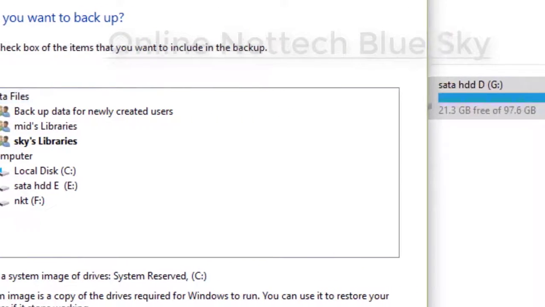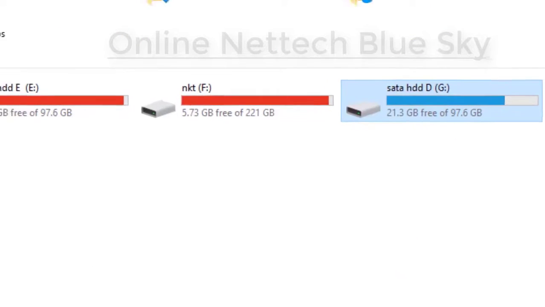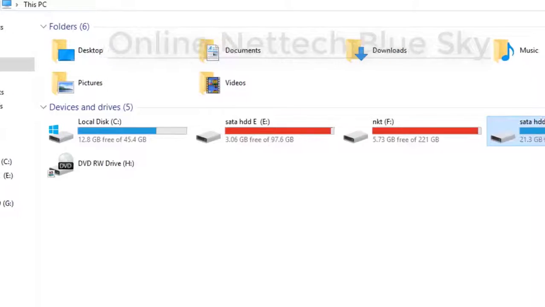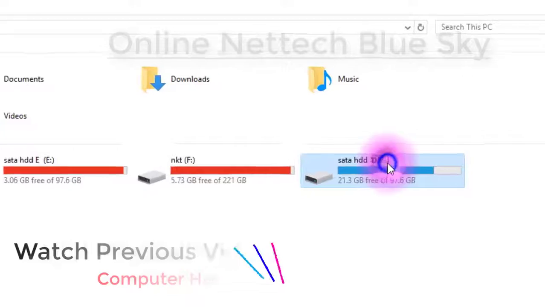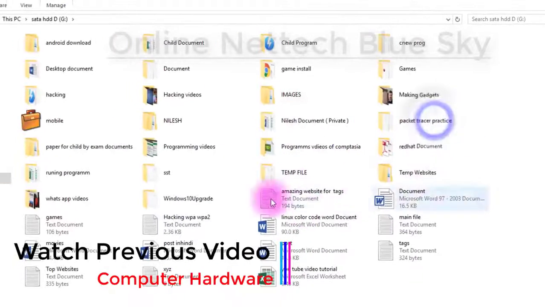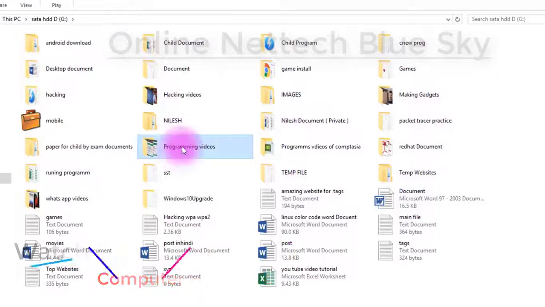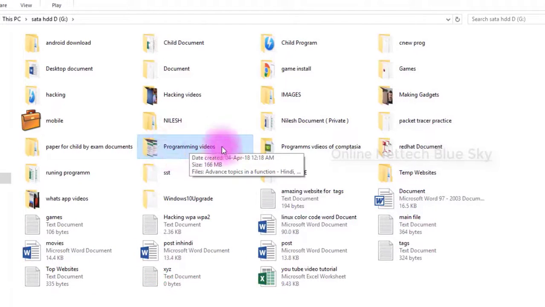First I select my empty partition and select another partition here. I open this partition, and you can see all of my data. In this partition, this folder is my important document.